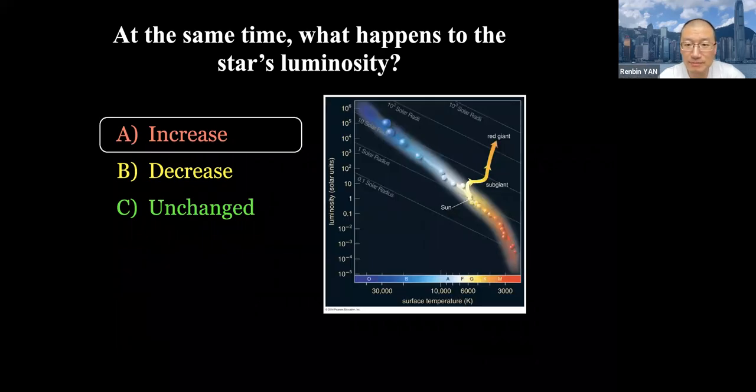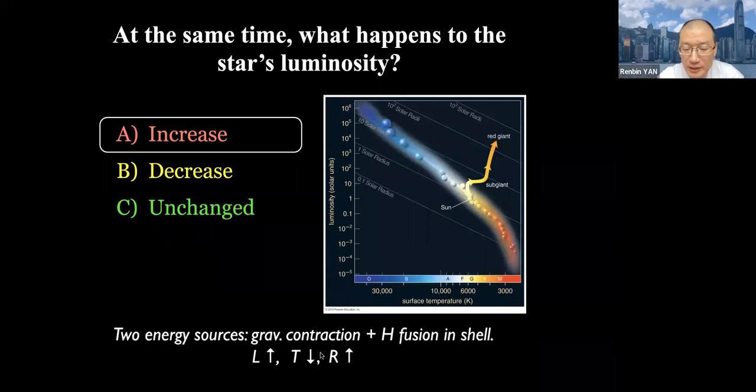It will rise to higher luminosity because now there are two energy sources, the gravitational contraction in the core and also hydrogen fusion in a shell around the core. So these two energy sources will make the total energy production faster than before. So it will give the star a higher luminosity. And because it expands, the luminosity increases and the radius also increases a lot. And so the temperature has to fall to compensate, so the surface temperature is falling, but the center temperature is rising. It's the surface temperature that is falling.